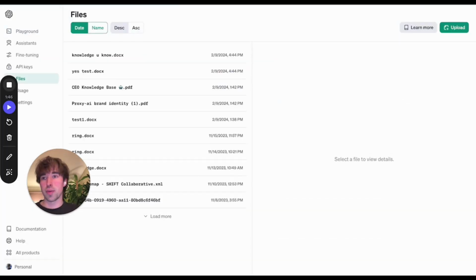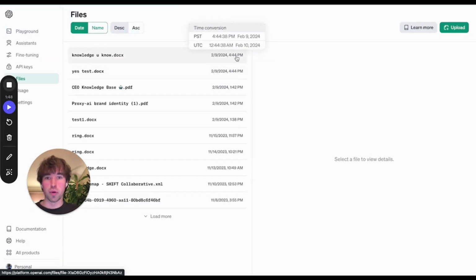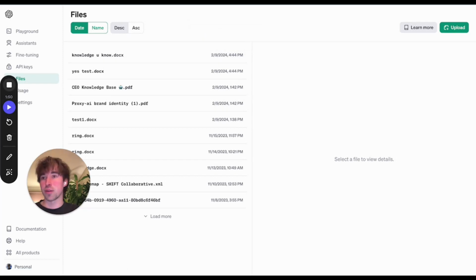And if we go to OpenAI here, we can see that this is at 4:44 p.m. It's currently 7:36. If we refresh the page, we'll see 7:36. Great. Awesome. Because you can only have a maximum of 20 documents per assistant. And depending on how many assistants you have, say you have 5 assistants, multiply that by 20, that's 100. So you can only have 100 documents. So you don't want to be flooding the files section. Now, the part that gets interesting, right? So that's how we dynamically update